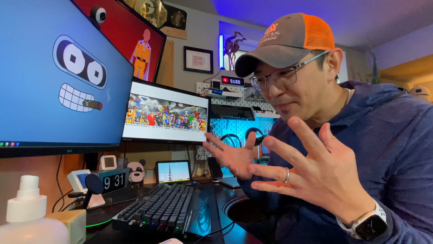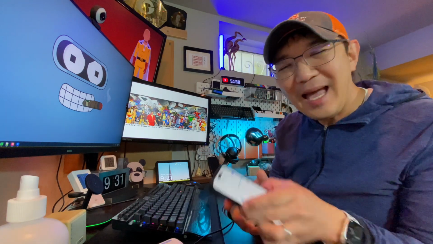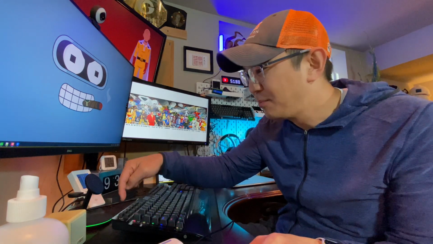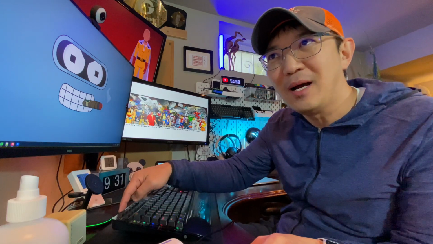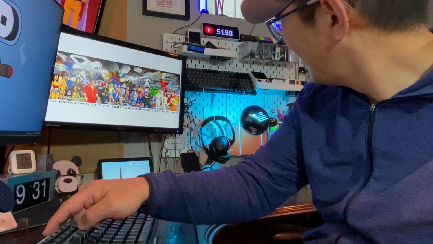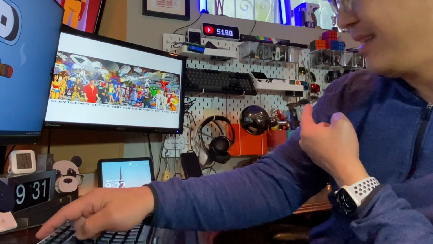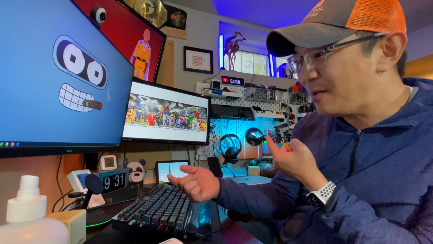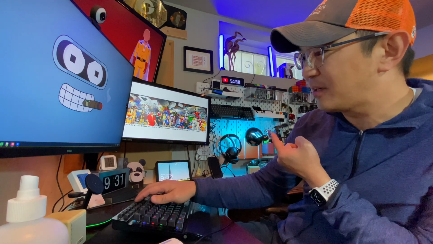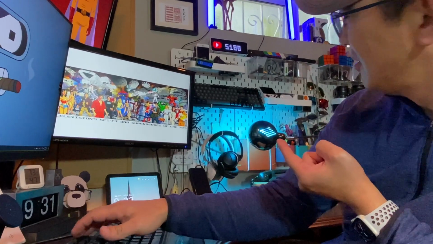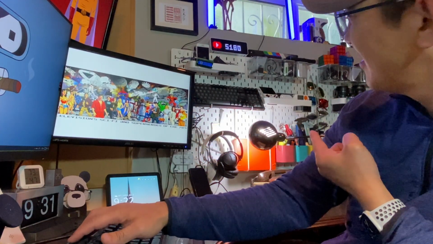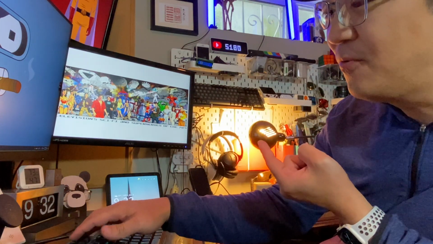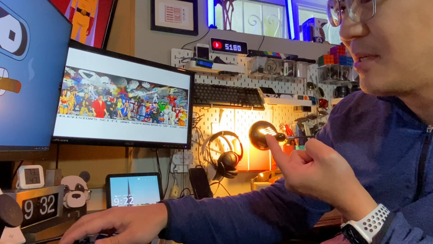Well, I was thinking about this. If the app can get to it pretty easily, why can I not program one of my programmable keyboard keys to do so as well, like this? See that? And it's back on again. Or if I can do that, why can I not change it to the different colors I want? For example, like this to bright white, or like this to warm,